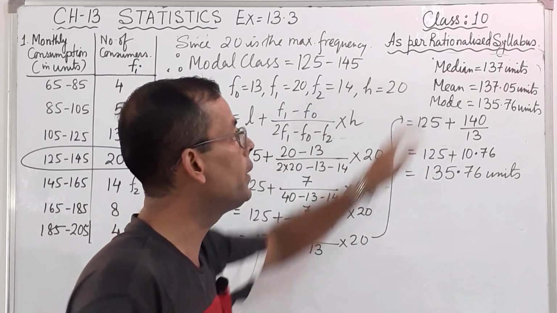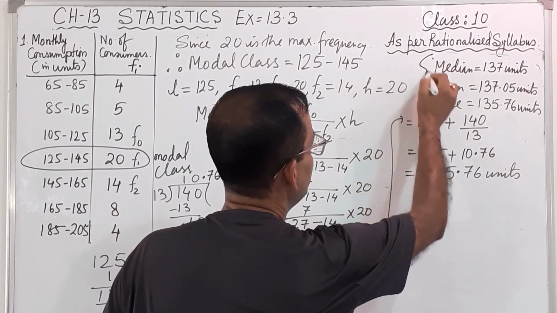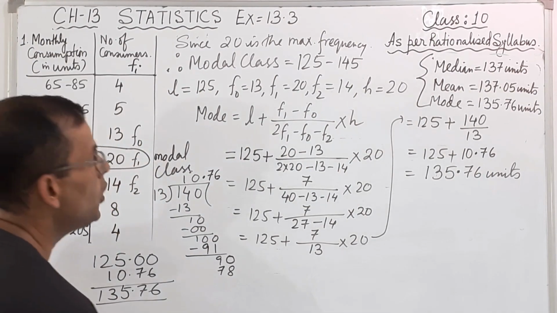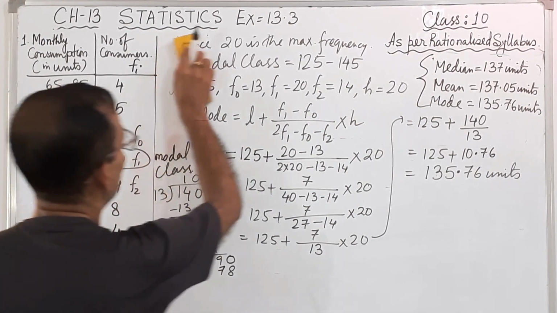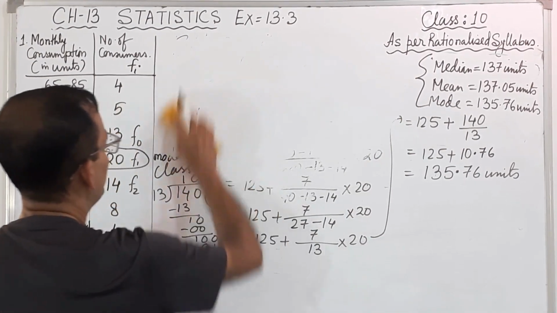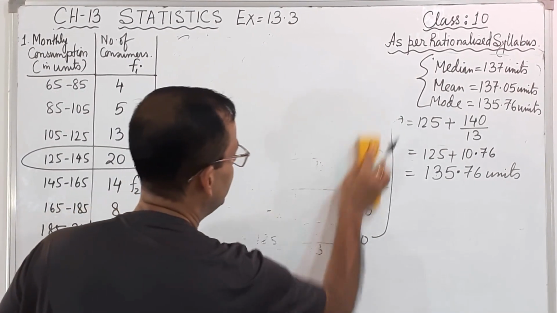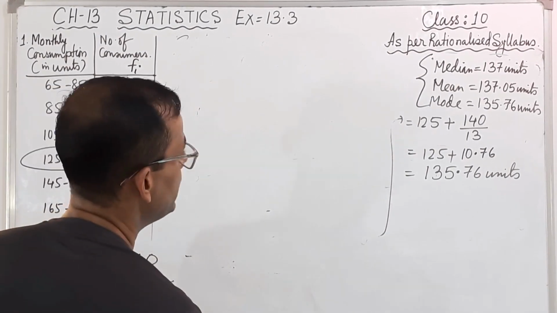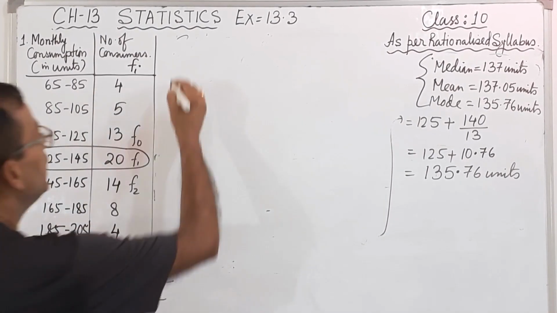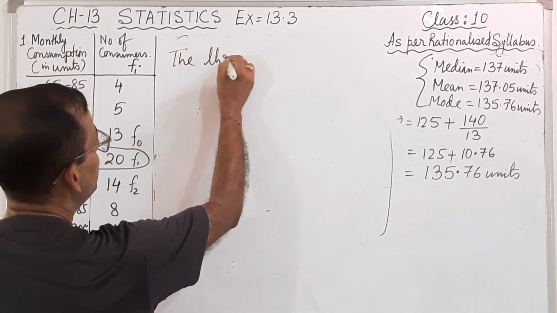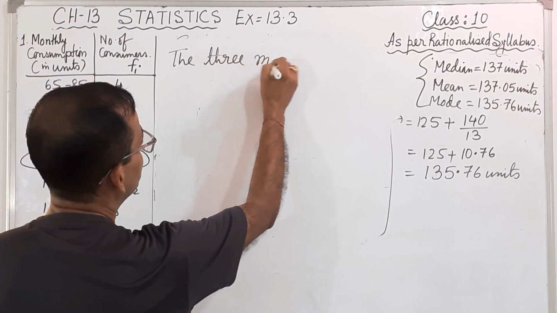Okay, now the last thing they have asked us is to compare them. That means you have to compare all these 3, median, mean and mode. So how will we compare it? So we can write, if I rub this one, what is the comparison between all the 3, median, mean and mode. Now what we can write? The 3 measures